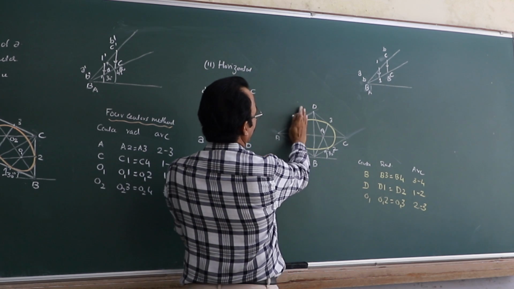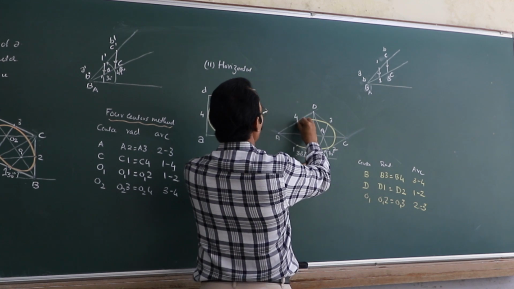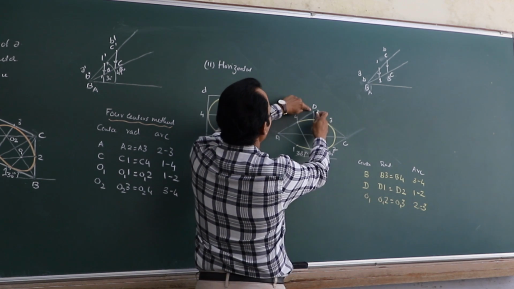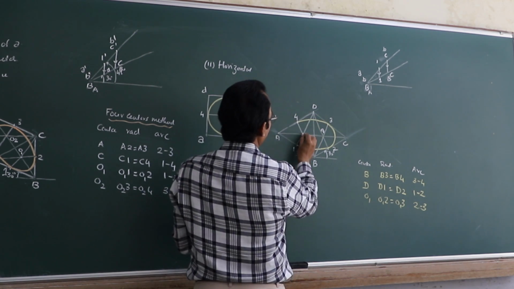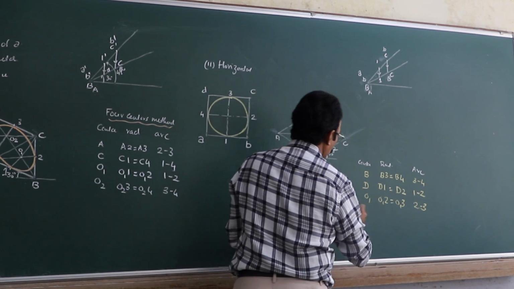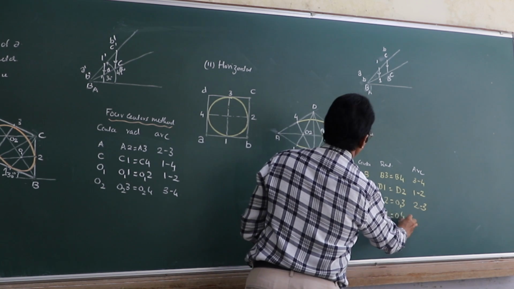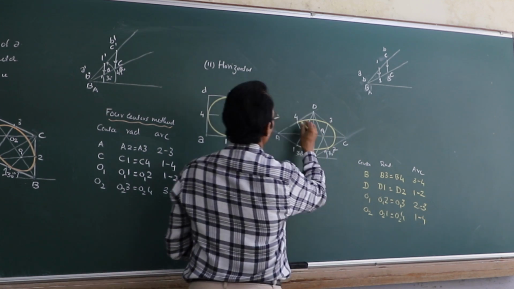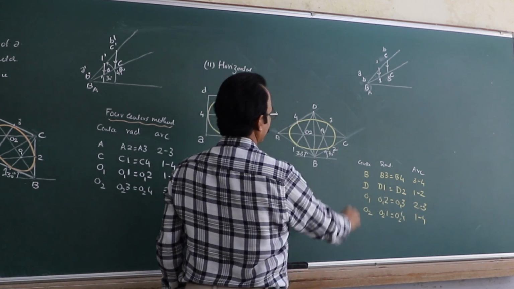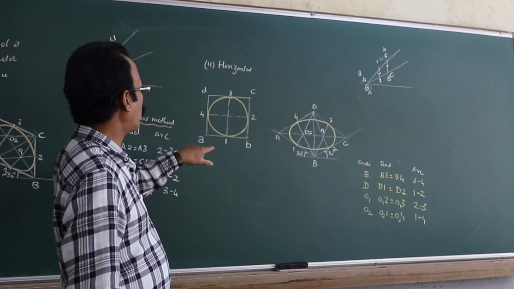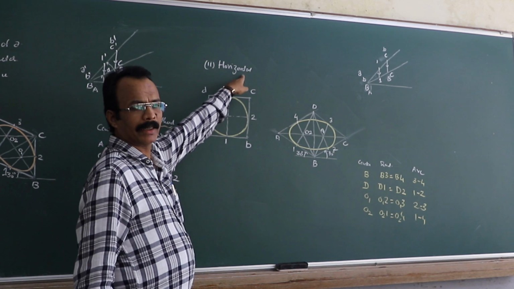Then repeat the same thing for this triangle ABD. To this end of the shorter diagonal B, 4 is the opposite midpoint. To the other end D, 1 is the opposite midpoint. So you will get a new center here, call it O2. So now with O2 as center, O2 1 equal to O2 4, draw the arc 1, 4. So this is the method for drawing the isometric projection of a circular lamina when the lamina is horizontal.